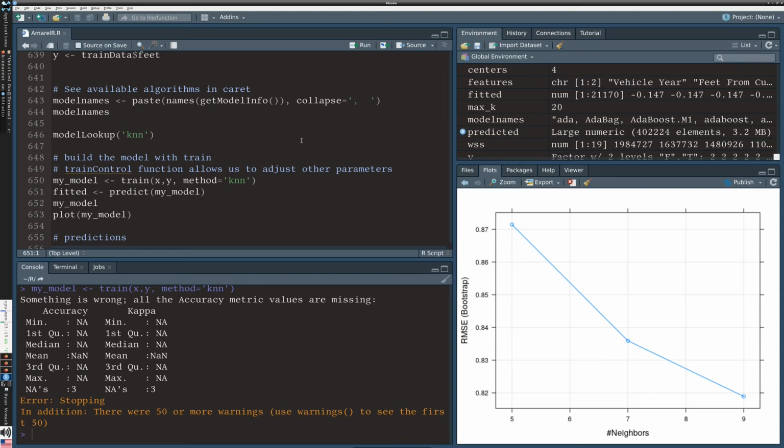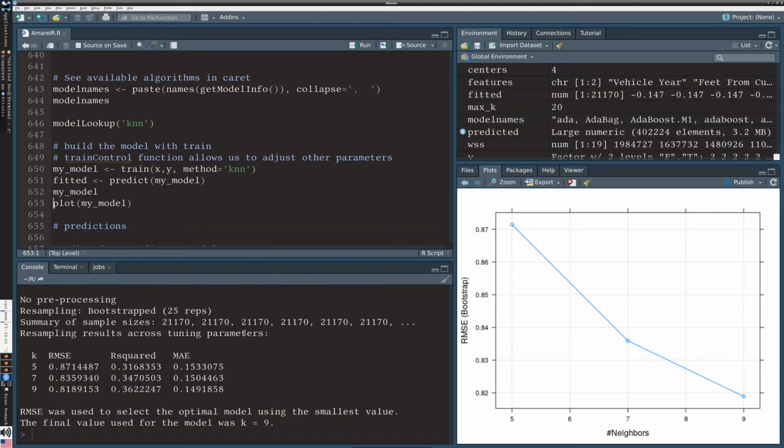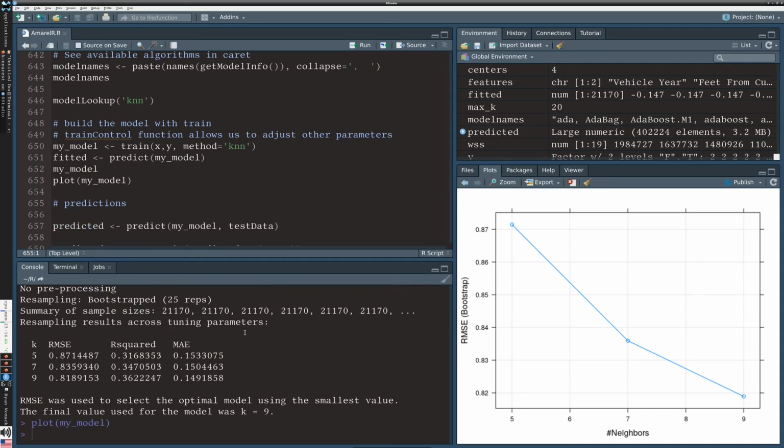We have a little bit of a problem fitting the model. There are some warnings here. The warnings are because some of these things don't apply in the same way to a categorical factor. So when we look at the model, we actually still get results. So before, we still get this plot,